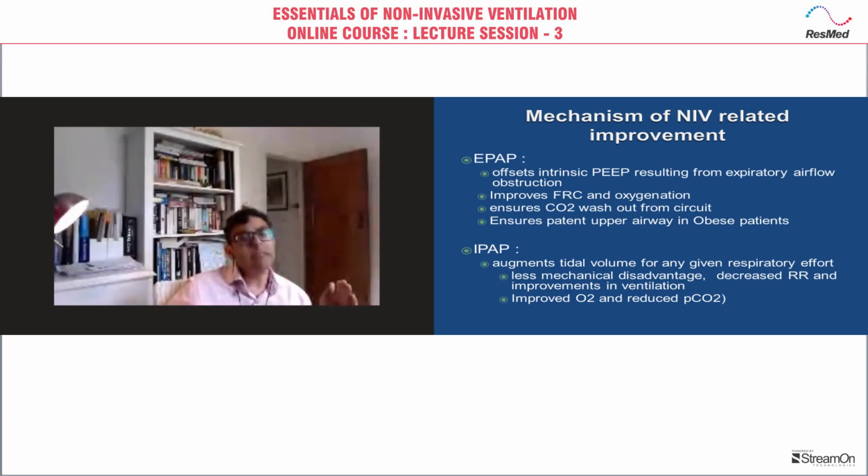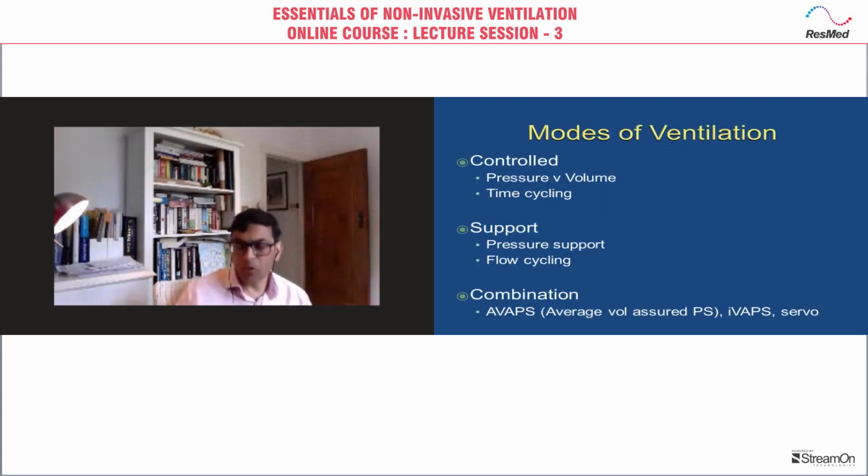Now IPAP is the inspiratory pressure that pumps air in and inflates the lung. This is the pressure that decides how big your breath is going to be, and if you get it right, you will improve alveolar ventilation. And as we know, the better the alveolar ventilation, the better the CO2 clearance. So IPAP will help you with CO2 clearance, whereas EPAP predominantly will help with stenting airways open and could potentially help with oxygenation.